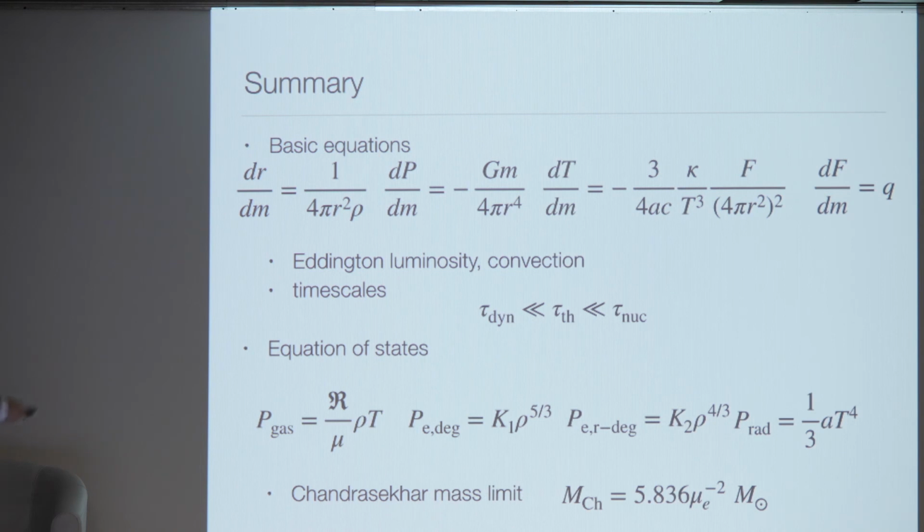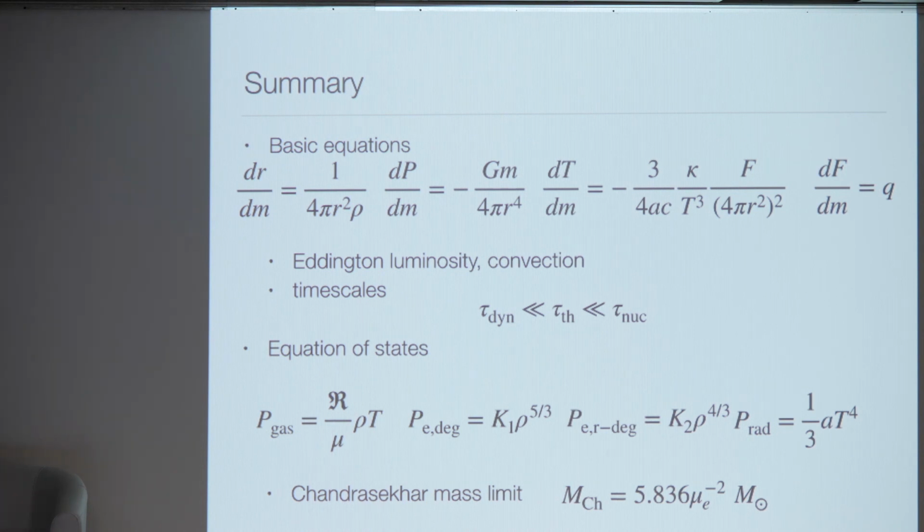Other means of energy transport are important. And just based on these equations, we could derive the several timescales, dynamical, thermal and nuclear, and that had this kind of relation. The nuclear timescale is the longest timescale in a star,